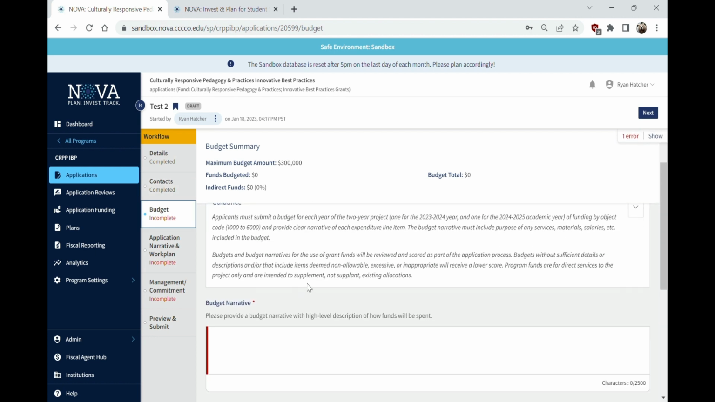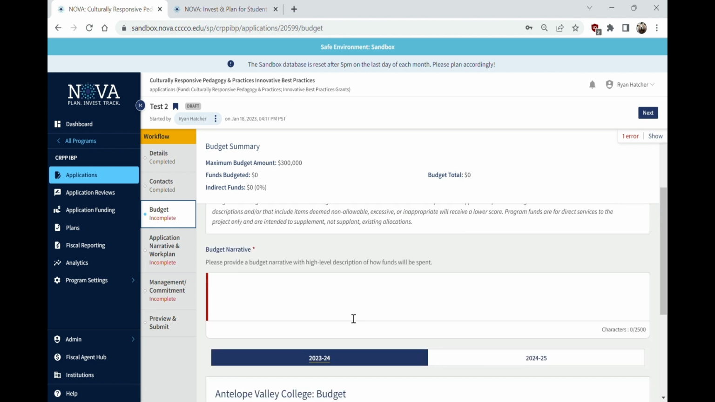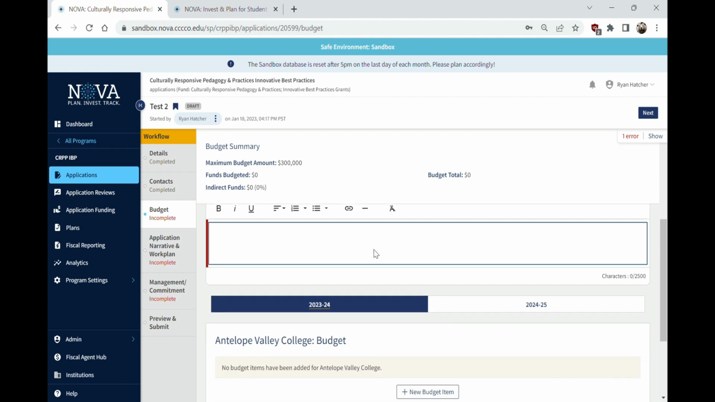Now NOVA, this is the standard NOVA budget page. There is this guidance text up top here, which you should check out, but generally NOVA includes a budget narrative. This is a high-level description. How are you spending the money in kind of broad terms? And then the budgets in NOVA are made year by year, so this is a 2-year grant, and they're also